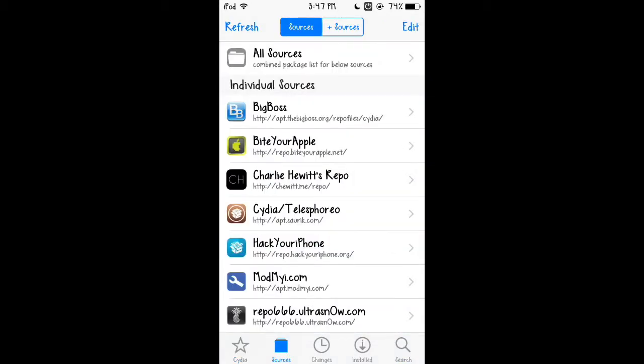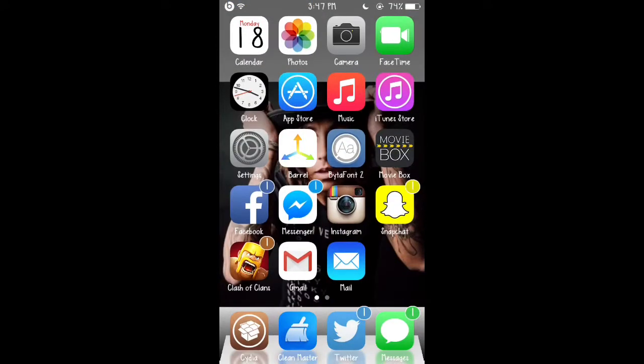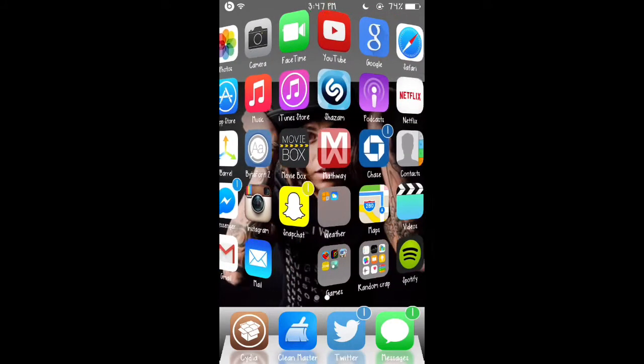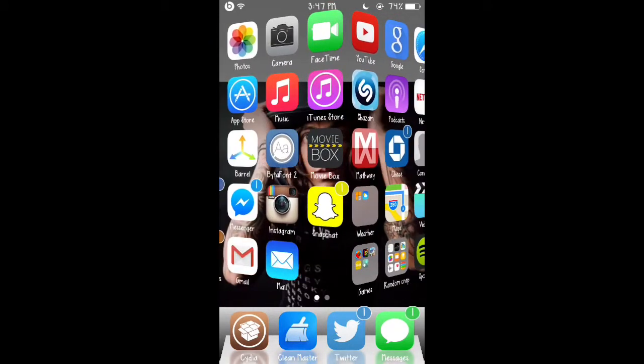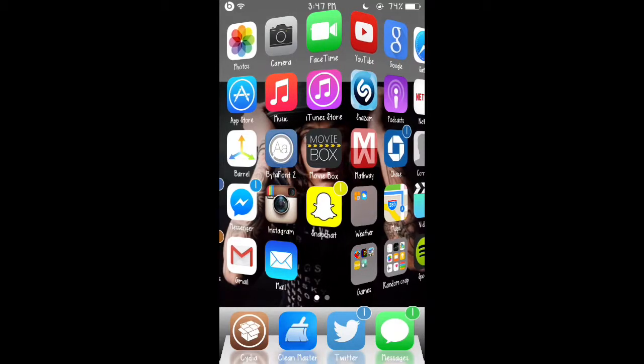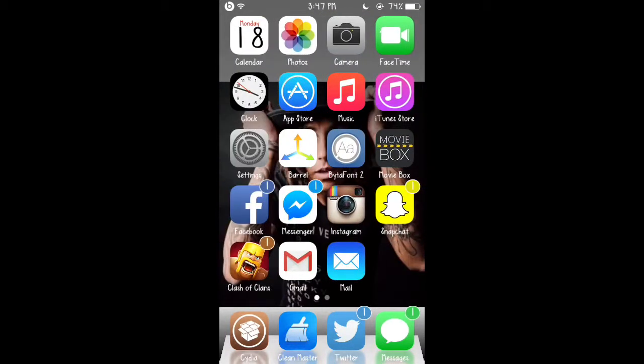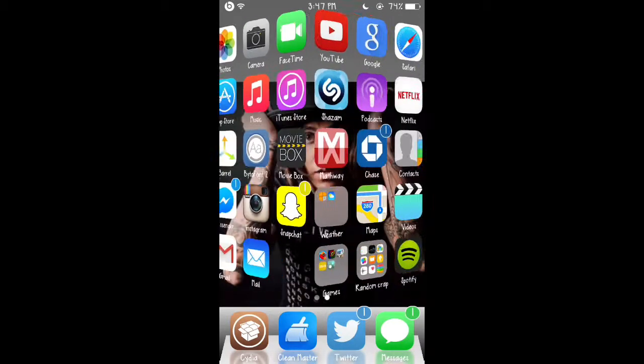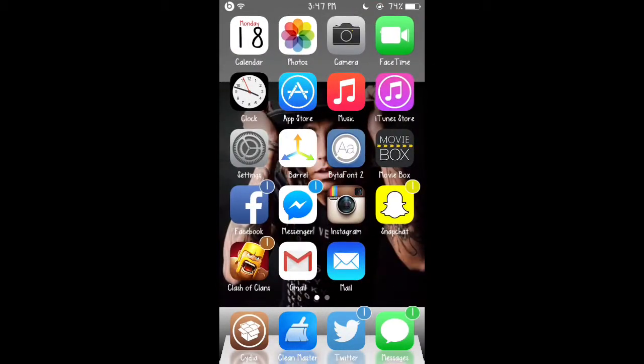One of the first tweaks I want to show you guys is called Barrel. If you have been jailbroken for a very long time, this isn't going to be new to you. This is really common because this tweak has been around for the longest. As you see when I flip the pages, it has a different customization. I'm sorry, I totally pronounced that wrong. When you flip the pages, it's different than when you don't have your device jailbroken,